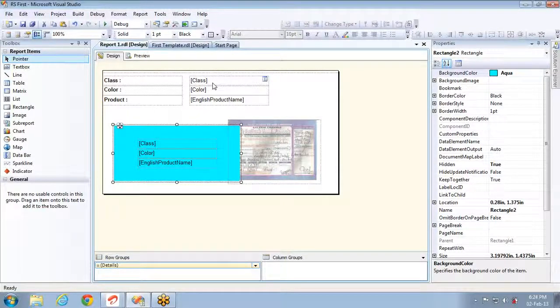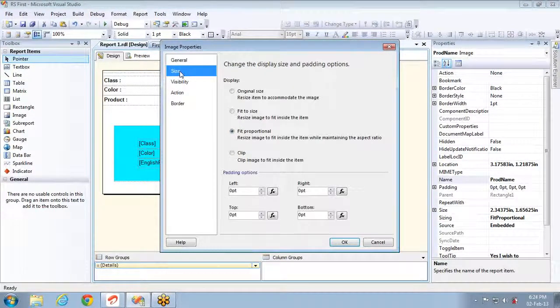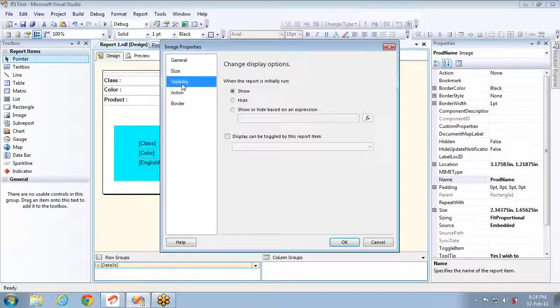The other useful use of this rectangle is that it acts as a container which holds the different report items. Apart from that, there is nothing much to know about this rectangle control. And you are already aware of the image. You can have images, and if you see the image properties, they will be the same: visibility, the size, which we already discussed, and the padding options, which you are very well aware of. Visibility, you can hide or show based on some